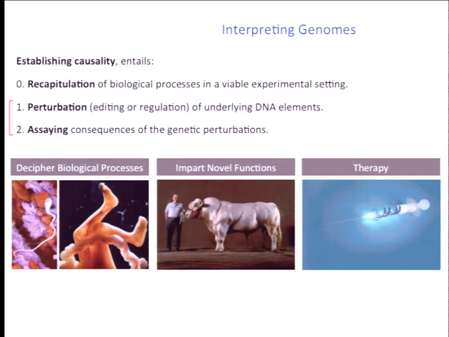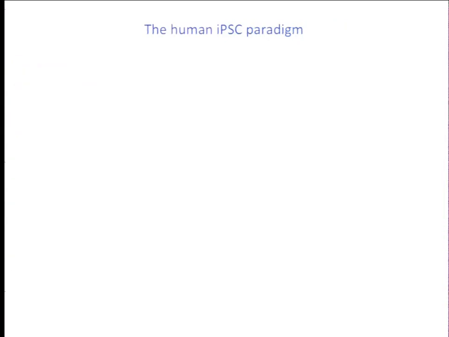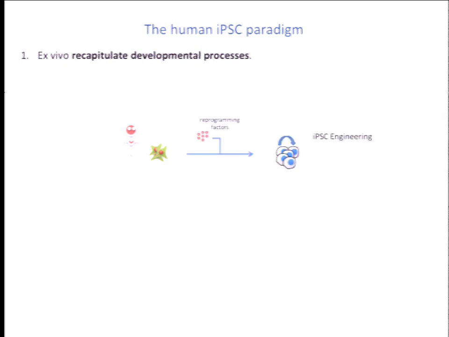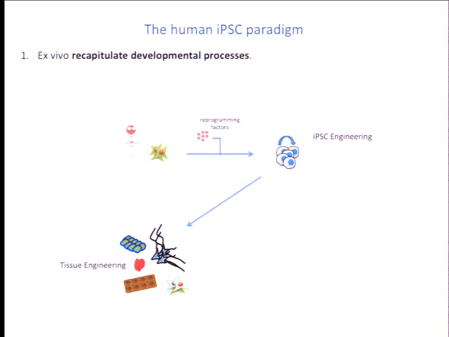And in this regard, model organisms such as Drosophila and the mouse have been very powerful tools for biology. But I think in the context of human developmental biology, too, we're entering into a very exciting phase. And that is really, in large part, through the advent of the human iPSC paradigm. For instance, now it is possible for us to take somatic cells from patients and convert them into iPSCs, and at least in theory, differentiate them into any particular cell type that we are interested in.